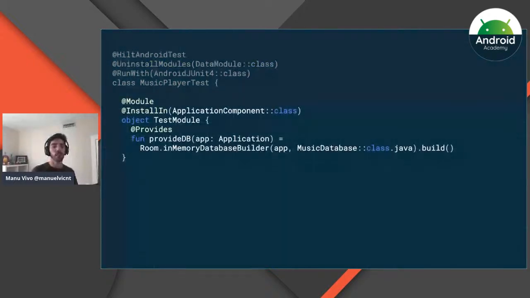So you can create a module inside the class, telling Hilt what to inject when a database is needed. So in this case, you can say, hey, now I want to use my in-memory database builder whenever I need a database in this particular test. And this only works for this particular test because it has been defined inside the test. But if you put this outside of this class and put it at a general level, then it would apply to all your tests, and all your tests would use the in-memory database instead.